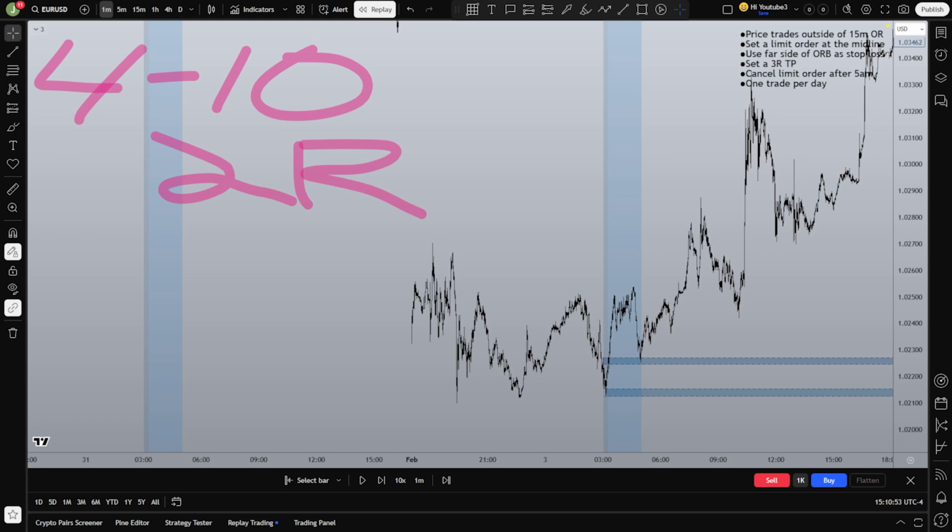I'm Jenks. We're here with another round of testing out the opening range break strategy during the London session. We're taking a look at February here on Euro USD. We finished January up 2R on the month with this strategy, and we're hoping to do a little bit better